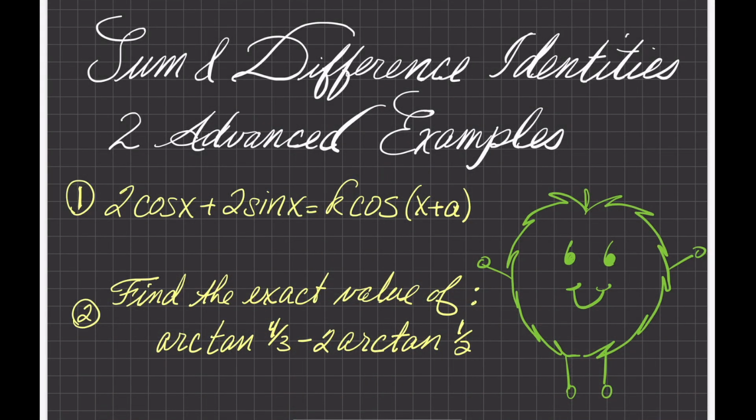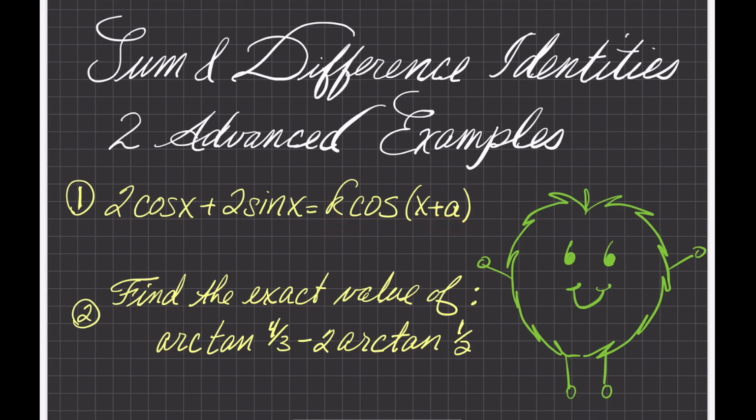Mr. Tarou, in this video, we're going to do two advanced problems dealing with sum and difference identities in trigonometry, or compound angles. Our first problem we're going to take a look at is 2 times the cosine of x plus 2 sine of x, and we're going to figure out what type of transformations we need to apply to the function y is equal to cosine of x to get this function, find the values of a and basically k,